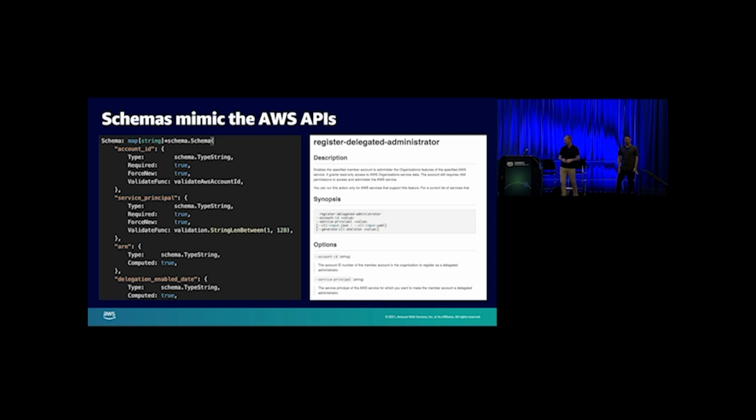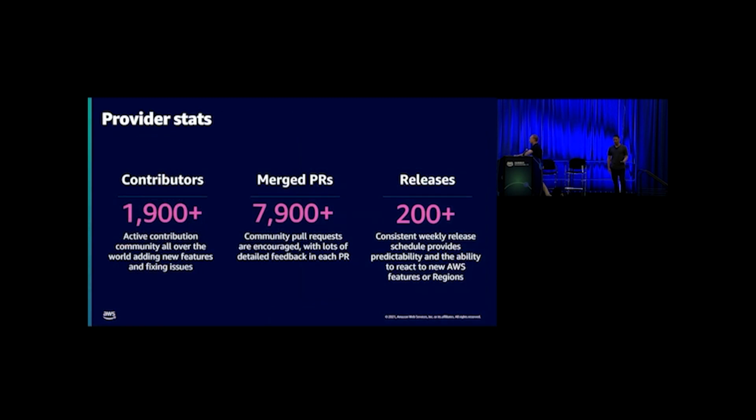Some stats on the provider from GitHub. There's about 1,900 contributors, so you can see that this is a free and open source tool that relies heavily on community contributions. And that's where you come in, and that's where we come in. Of the merged PRs that we have listed here, you've got new services, features, and even small PRs like documentation updates or maybe minor bug fixes. Any kind of contribution is helpful for the overall quality of the tool.